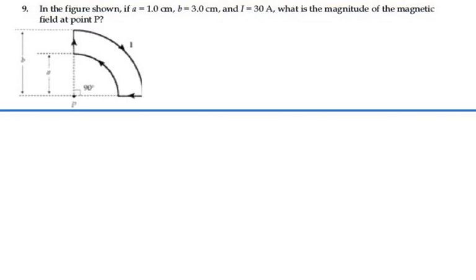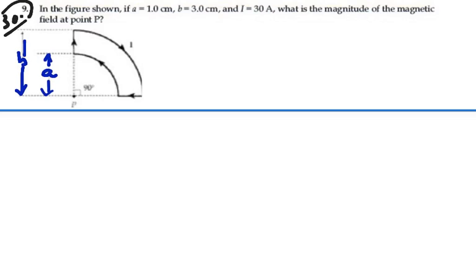Here's problem 39. In the figure shown, if A is equal to 1 centimeter, B is 3 centimeters, and I is 30 amps, what is the magnitude of the magnetic field at point P? Alright, we have this drawing. It's not necessarily drawn totally to scale because A should be 1/3 of B, but we do have A 1 centimeter here, B here,